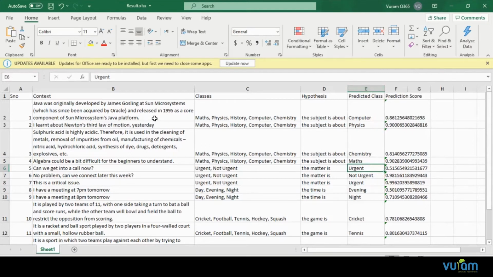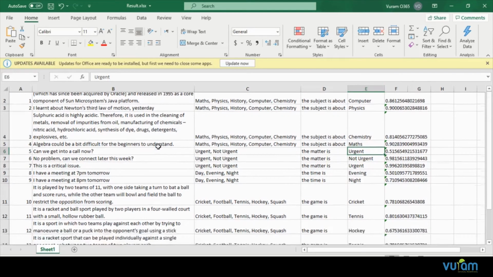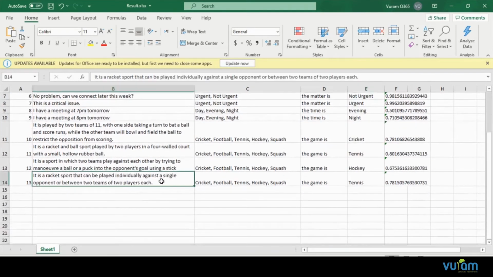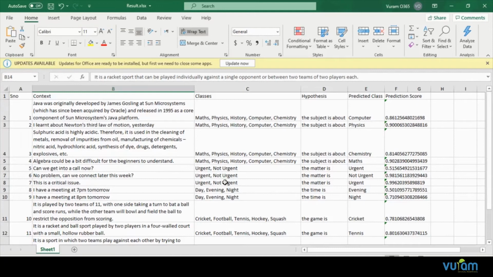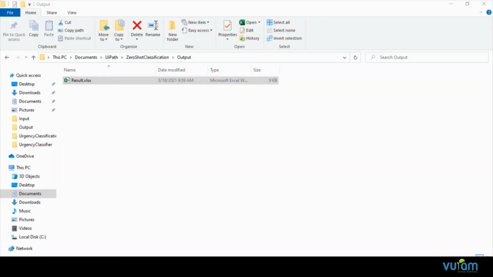So these are the outputs. There are totally 13 records. Yeah. So now we will have a look at the observation of the output, which has been prepared in a different Excel sheet. We'll go there.